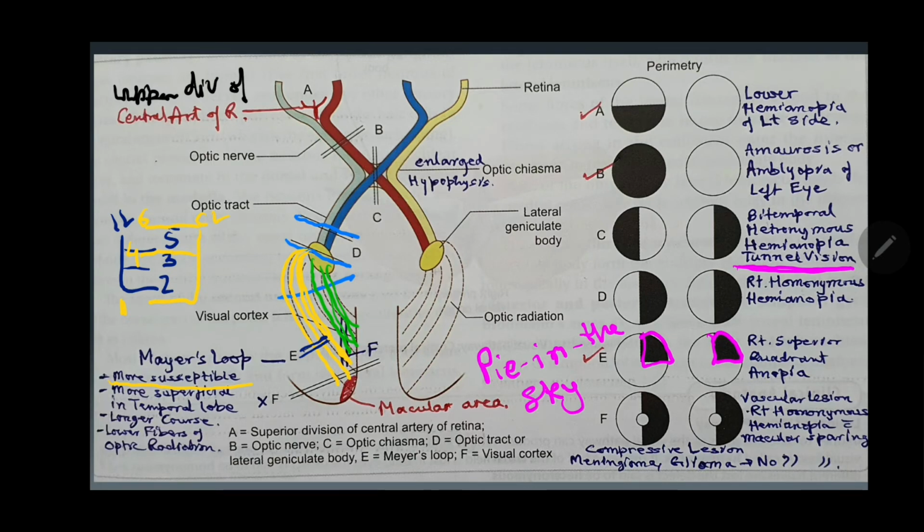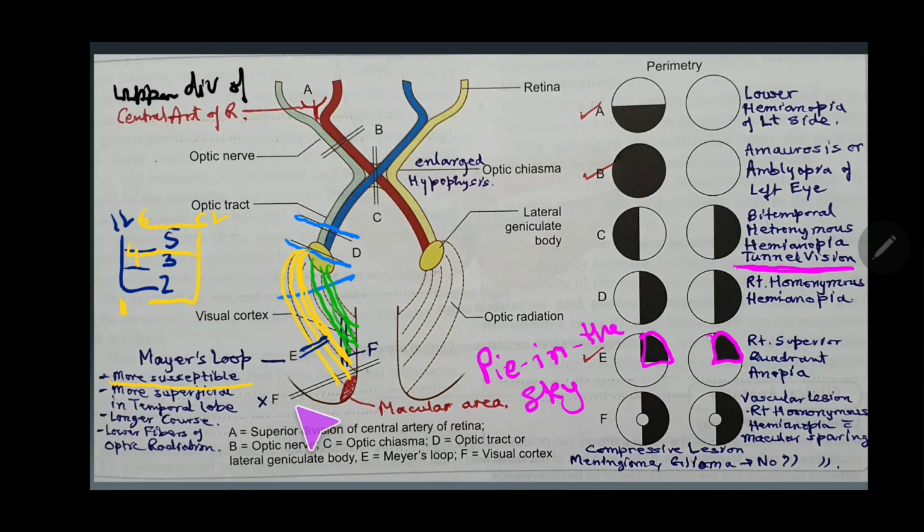They can ask you this type of question, making up a sentence and asking which of these lesions is called the pie in the sky, or maybe in this part of the visual tract, a lesion at which side will cause a pie in the sky defect. Okay, then talking about the lesion here that they have mentioned as F portion,